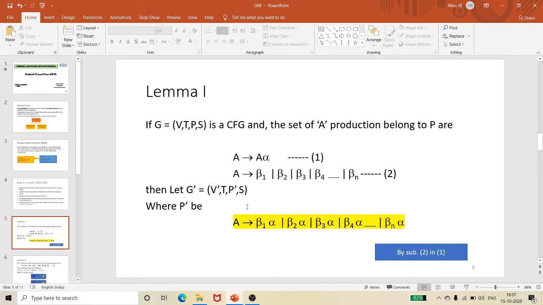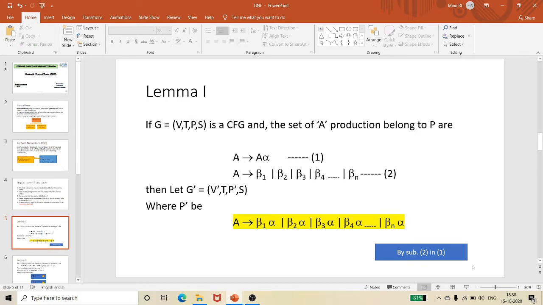So what is this lemma 1 and lemma 2? Lemma 1 is a mere substitution. Also, it is not mandatory that in a problem both lemmas have to come. Sometimes using lemma 1 itself we can easily convert a grammar into a GNF, or using only lemma 2 we can convert a grammar into a GNF. It is not mandatory that both lemmas have to arrive for a certain conversion. Please remember.